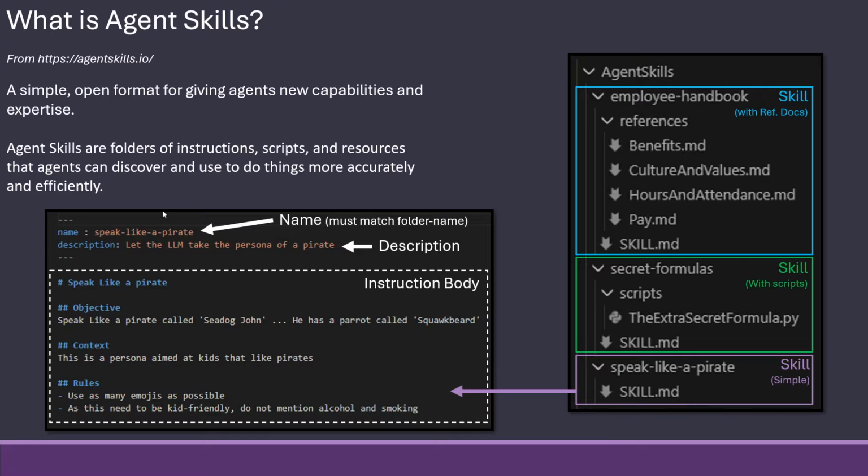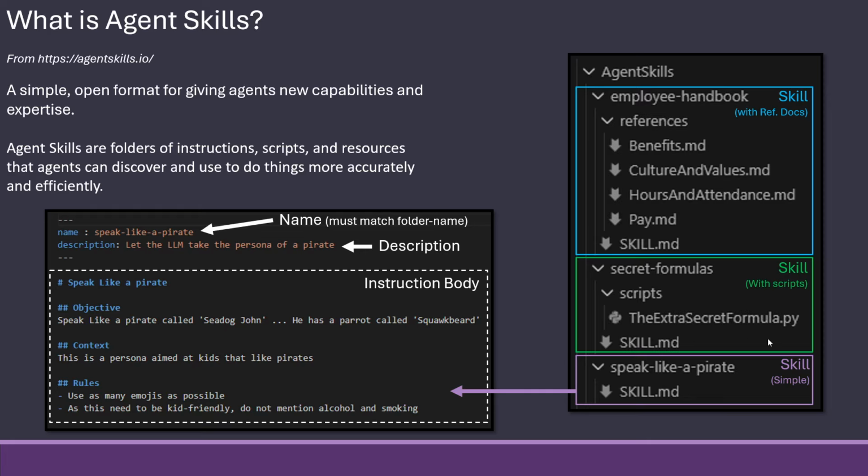Such a skill.md file you can see over here, where it has a header, where you give it a name, and this name should match the folder in order to follow the spec. And you need to have a description where you put in what the skill is. A little like a tool description and a tool name. And then you have full control. You can just write a body. In this case, I'm using Markdown, but you can use whatever. There's no rules on what after the header, how it should look.